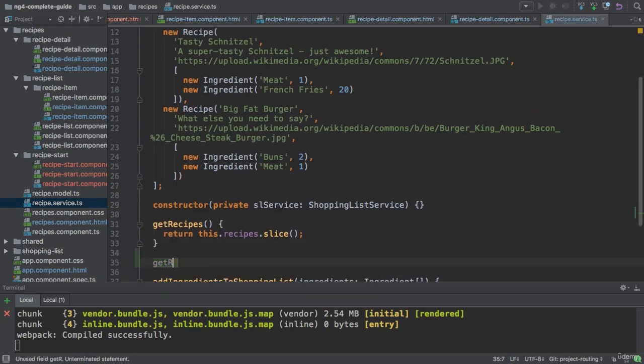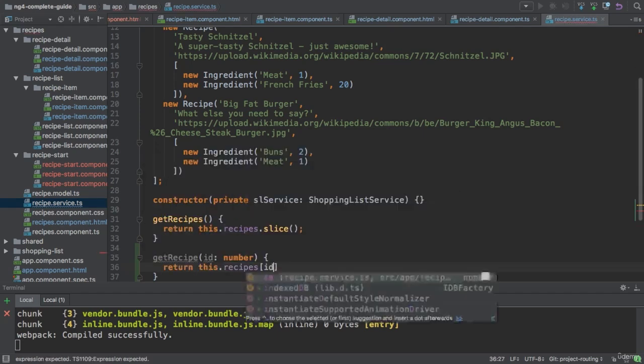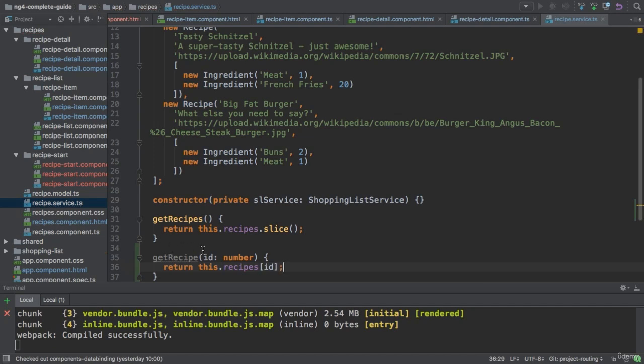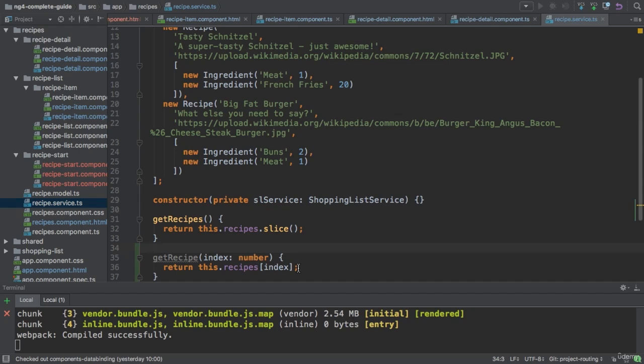We can simply implement a getRecipe method, which takes an ID of type number, and then we can simply return this.recipes and select the item at this index. We could also rename ID to index to make really clear what that number will be in the end. You could also call slice before doing that, because slice would now give you a copy of your array, though it won't be a deep copy, so the objects still are the same anyways, so you can also directly return